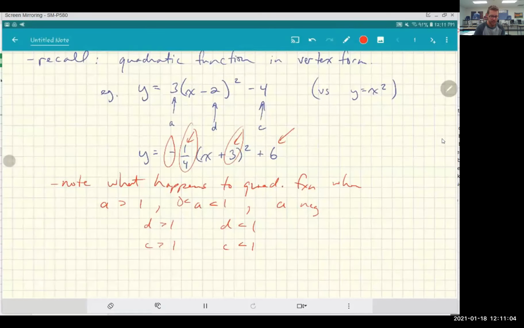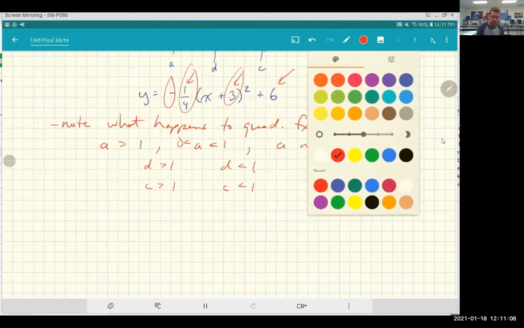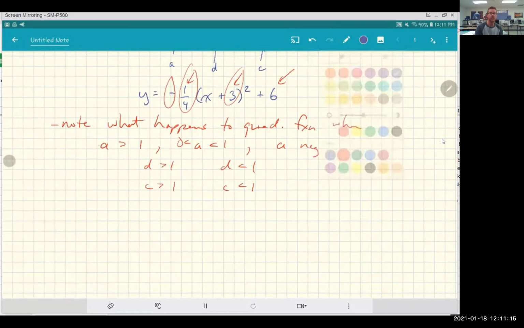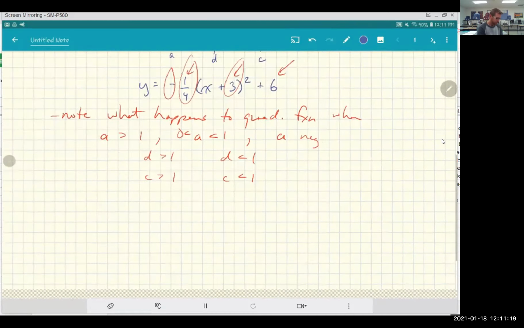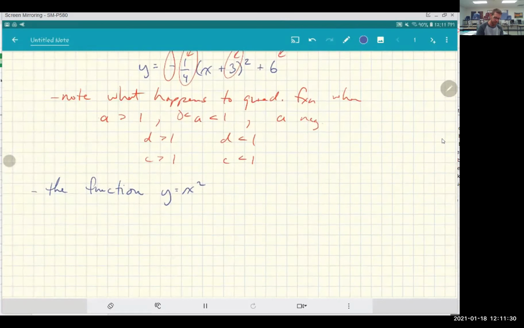Okay, that's all great, and that's all going to be really important. You'll be doing a little bit more work with this type of thing with some other functions. But right now, we have to add one more layer to this. So we would say that the function y equals x squared is transformed to